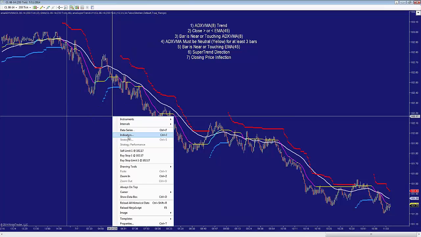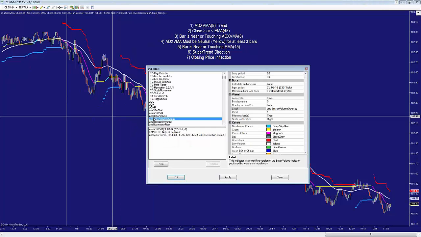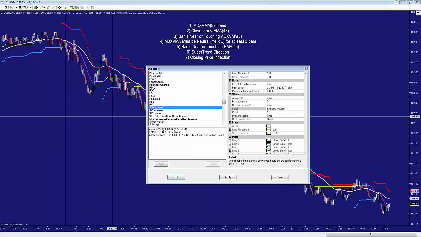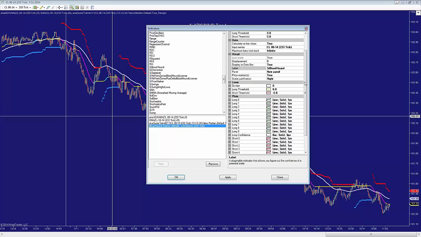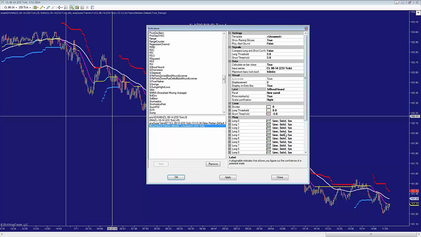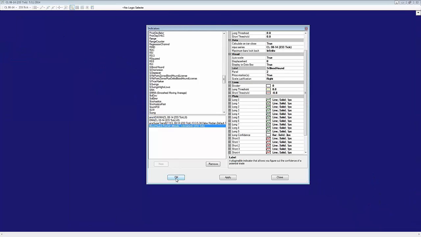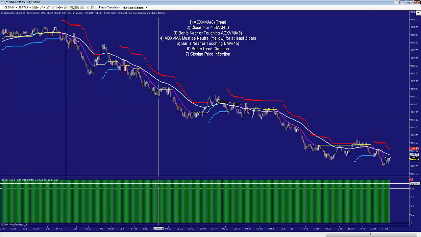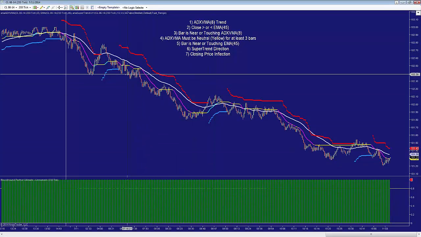Okay, we just right-click, go to Indicators, scroll down to SI BloodHound, and add that. Okay, and we're going to start with a blank template. So there's no need to try to add anything here. We just add BloodHound, SI BloodHound, click OK, and then we have BloodHound on the chart, and you can see